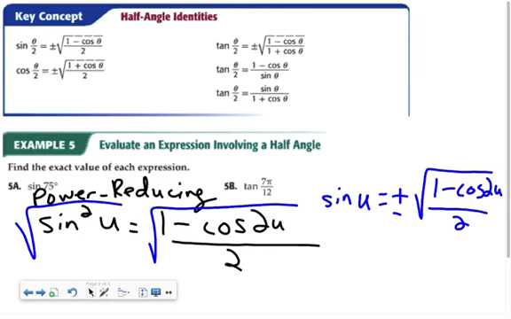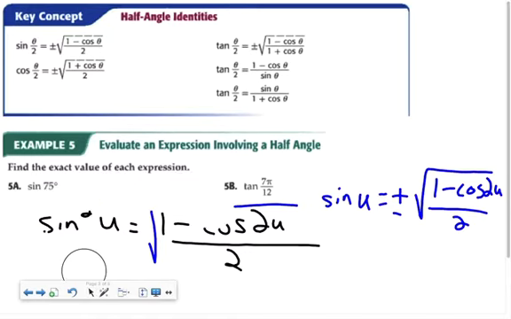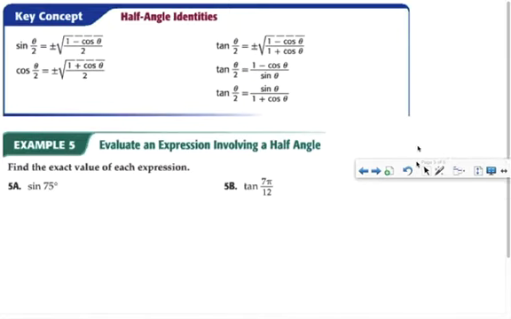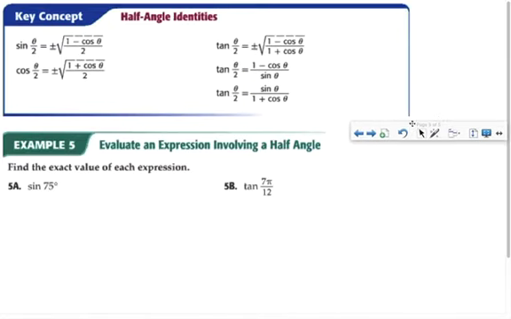And then for tangent, notice it's, again, the same exact idea. You're just losing the 2's out of the radical. Okay? So you've gone this whole chapter without having to memorize something. Now you have to memorize a little bit of something. Okay? So